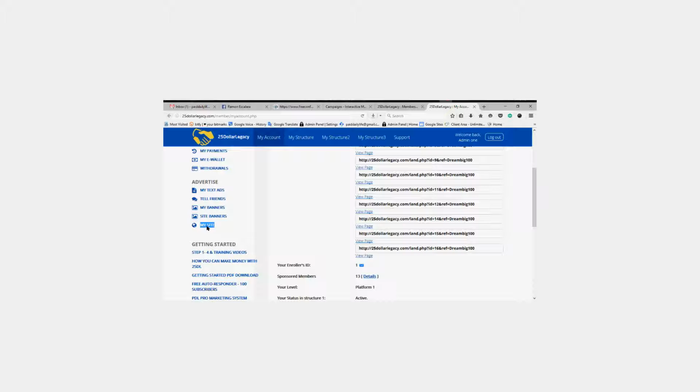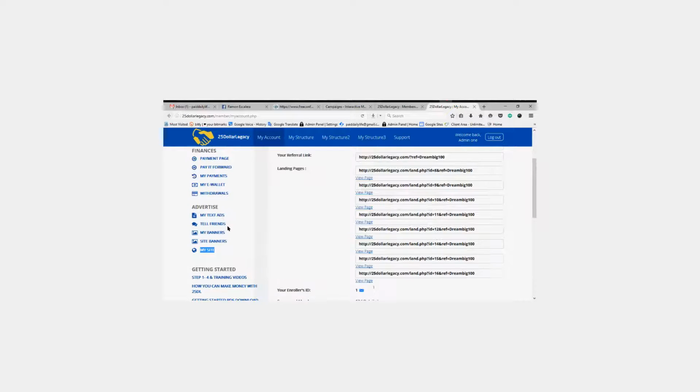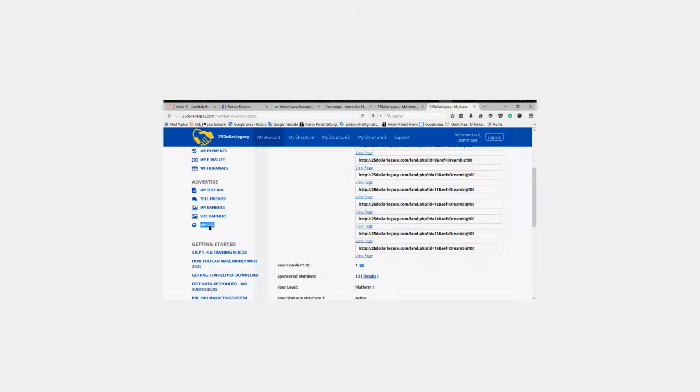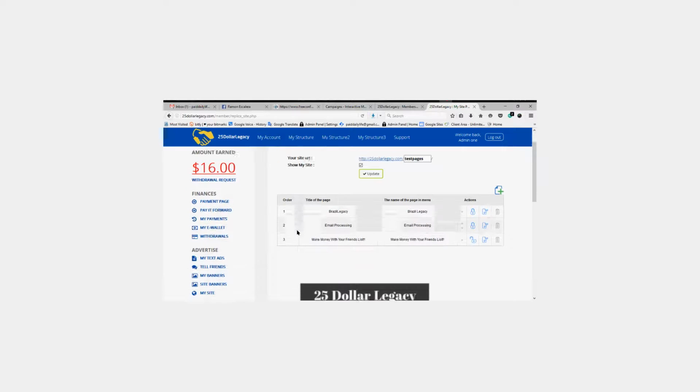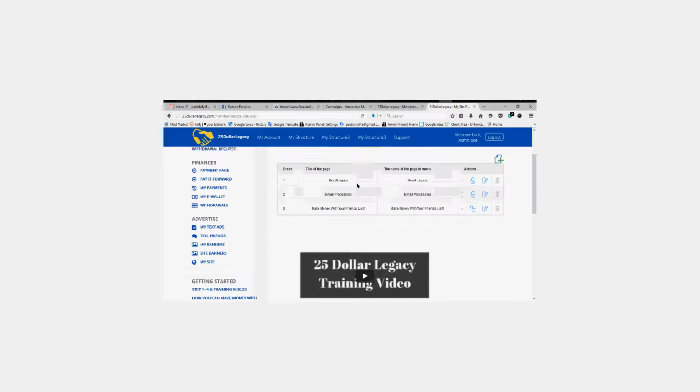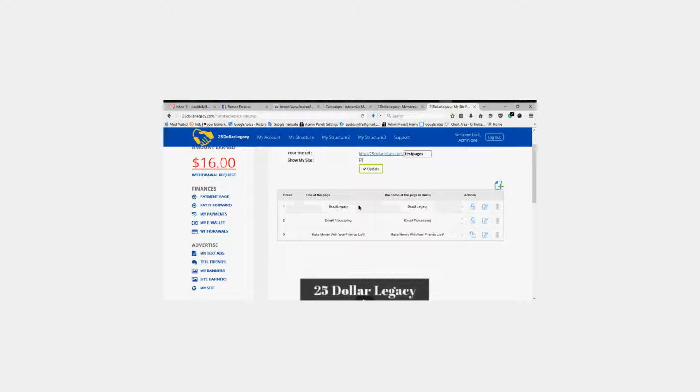What it can do for you? First and foremost, a My Site is a capture page area, a sales page area where you have a blank page to create whatever you desire there. If I was to click on My Site, you're going to get the abilities to create 3 different sales pages however you wish. If you have 3 different businesses, great. Then you create the sales pages for those businesses.